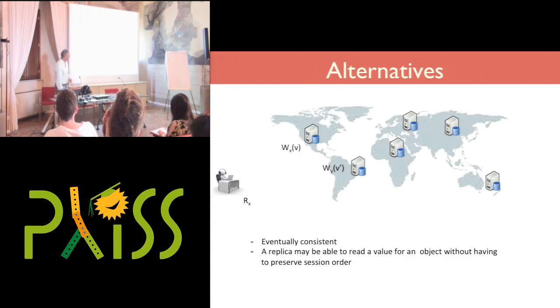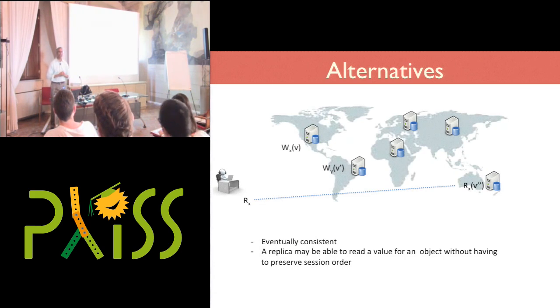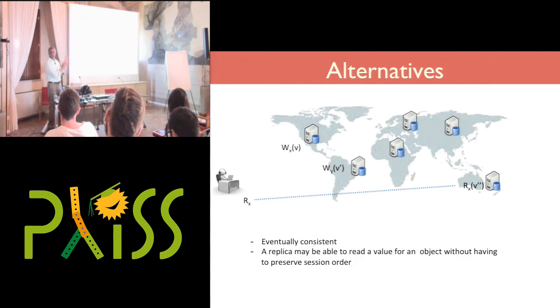So instead, we can say, no, I'll just go anywhere I can, and maybe there's some replica in Australia that's willing to accept my request. That replica has no idea that I wrote V to X, so I'm perfectly fine to read any arbitrary value I want. Now this seems goofy. This seems completely idiotic. Yet, this is the way that distributed systems today are implemented.